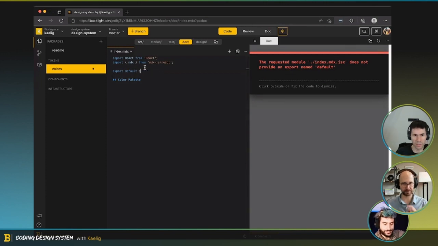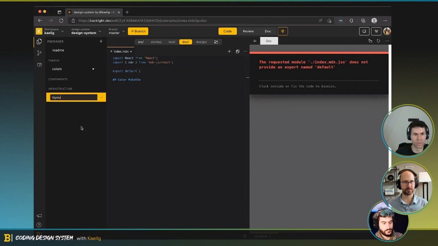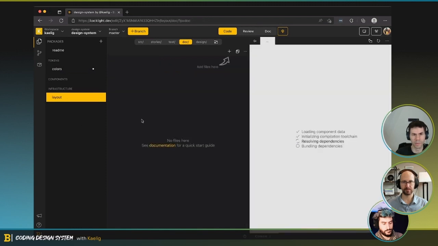So let's go and find out the layout. Who has a layout in MDX? Okay. Just gonna pick up something very quickly. So I'm gonna do a layout for the documentation pages.